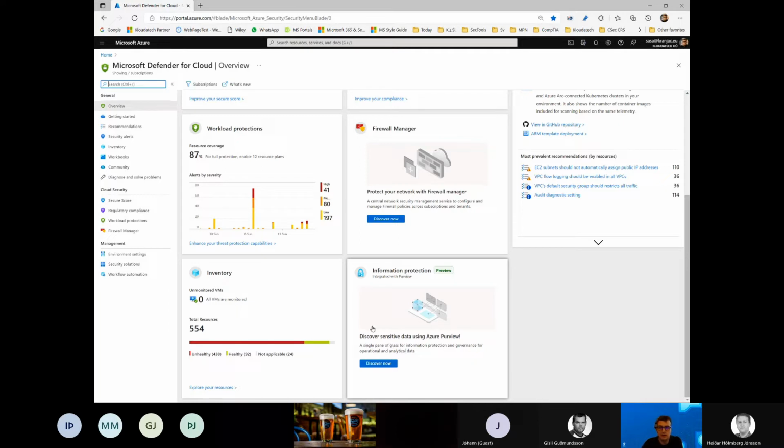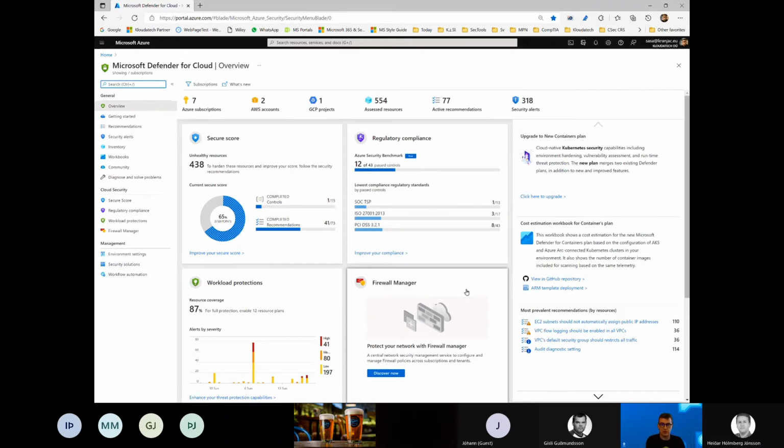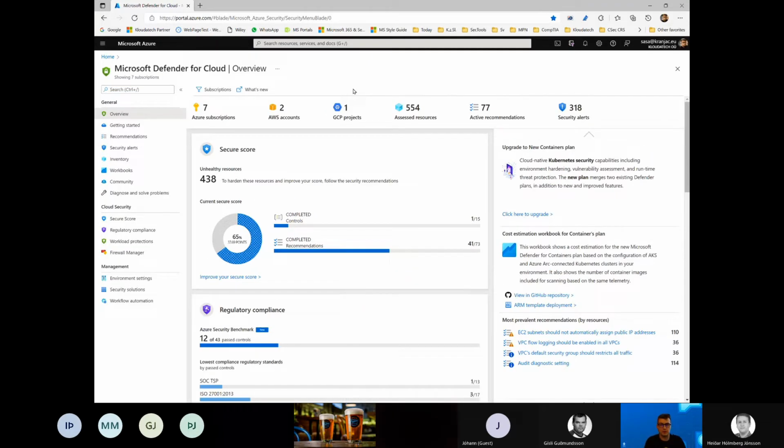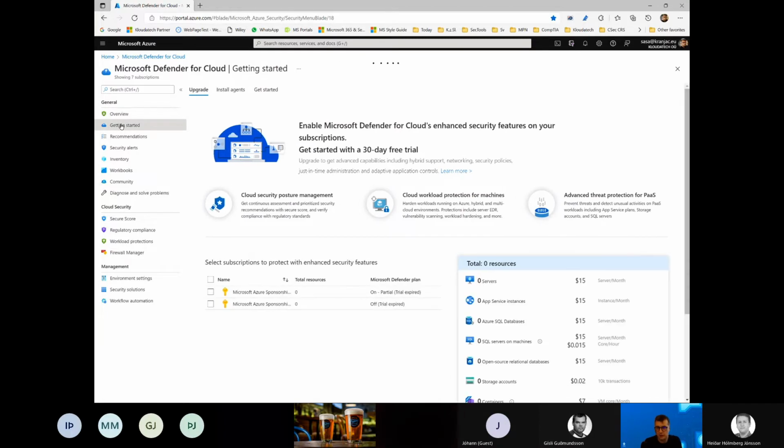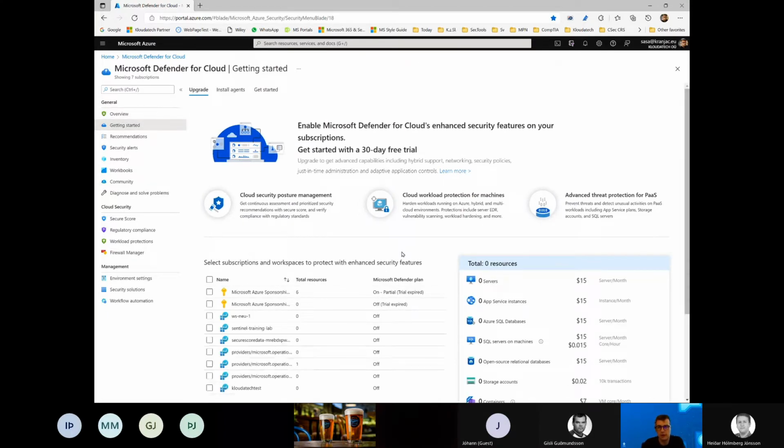So that is also included in here as well. And I'll just zoom in the normal way. And before we actually do anything, as previously, Microsoft Defender for Cloud now also has 2 tiers like we had before. So to set it up, if you haven't started yet using Microsoft Defender for Cloud, you will have 30 days for free. So getting started, obviously, it's where you should start,